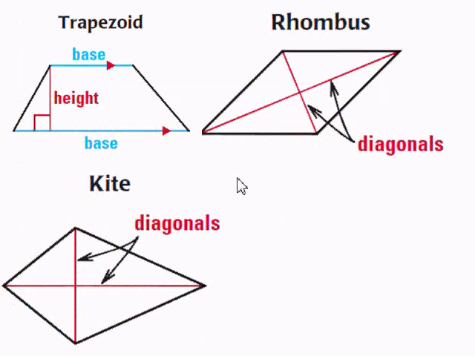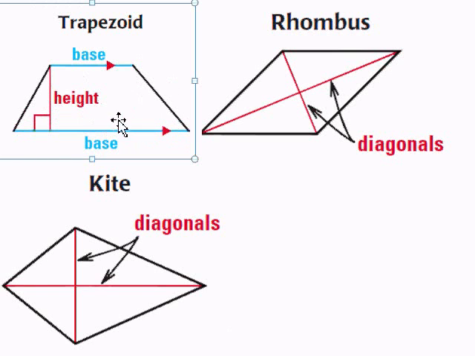So we're going to take a look at a couple pictures to remind us again of what the bases and heights are. Here's a trapezoid, and you've got the bases on the top and the bottom. They're not always top and bottom. And you've got the height, and the way you know that these are the bases is they're running the same direction, or they're parallel. These other two sides right here don't go the same direction,